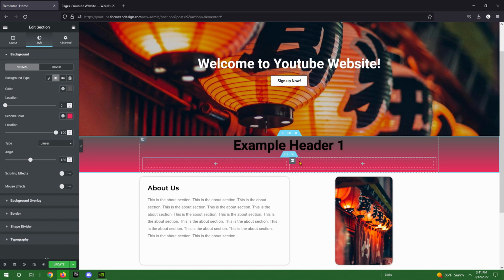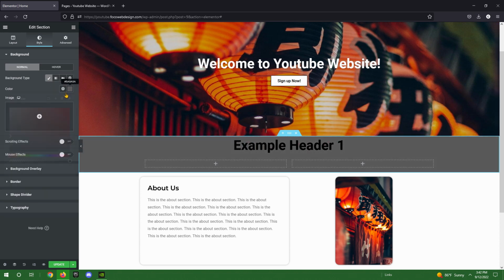So it's very useful and something I didn't get right away when I first started working with Elementor, and that helps a lot down the road because it gives you more power to be able to add as many columns in as you want on top of other columns, and then have all of that as the same background, as the same section. So it's nice. So let's go ahead and get rid of this, make that back to white,